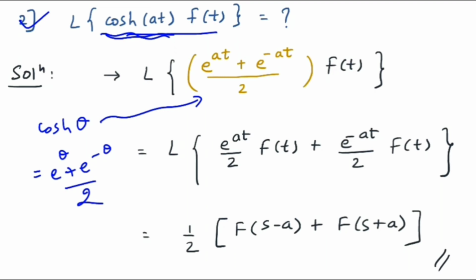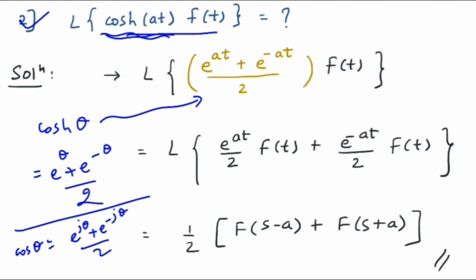Then I will give you one more formula. If it was cos theta, I am writing here, then the respective exponential term would be, you can say, Euler's identity, or you can simply say the relationship in exponential terms. It would be e raised to j theta plus e raised to minus j theta upon 2. So you should know the two formulas, cos hyperbolic theta and cos theta. Similarly, sin hyperbolic theta and sin theta. You should know the respective formulas.